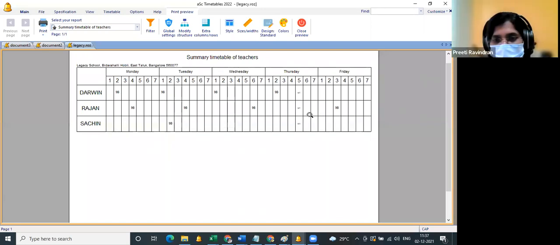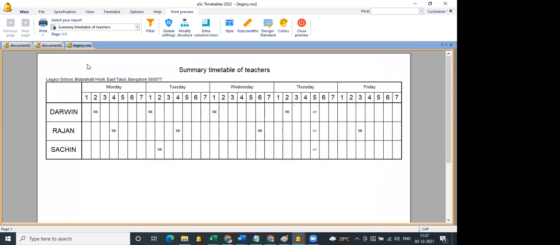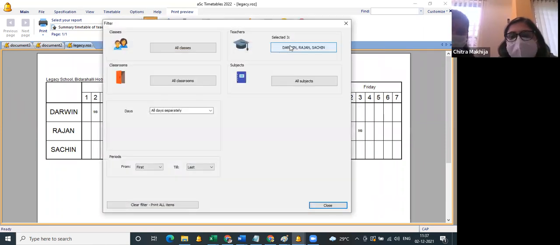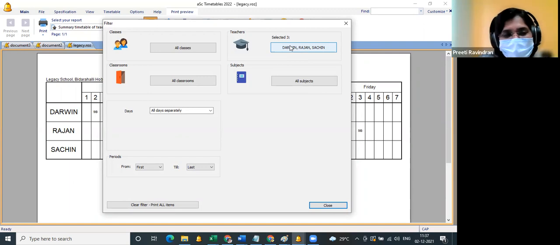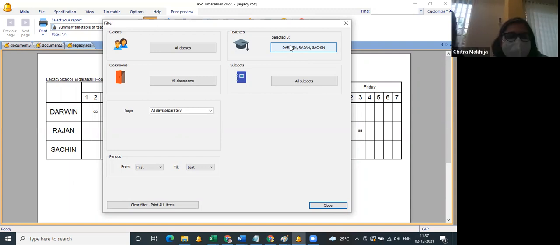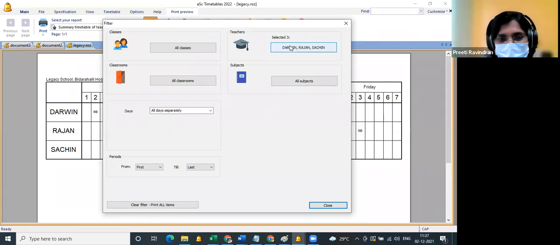But can it come up as a meeting time for them on their timetable also, so they know that they have a meeting to be part of? Yes, you can see, I'll show you as a filter. I think that can only be done if we make the meeting schedule before the timetable, because we do it parallelly. If it's a fixed meeting, then it is fine, madam. If regularly you are having it on certain periods, then it's fine.